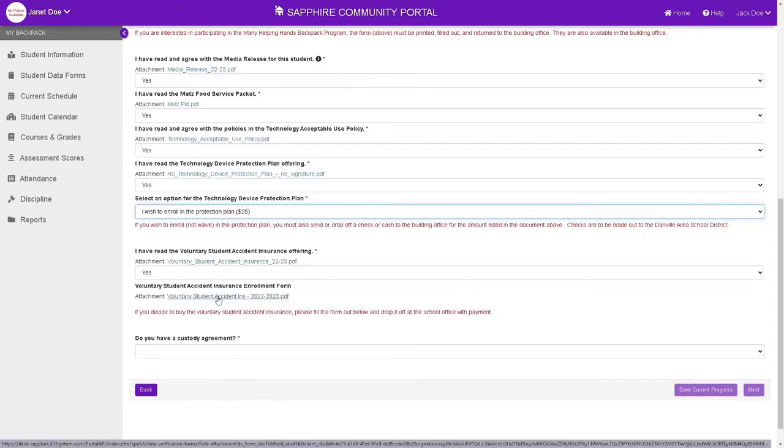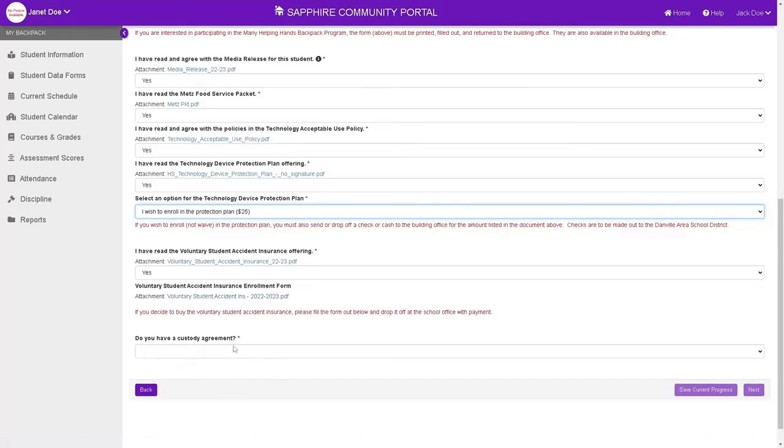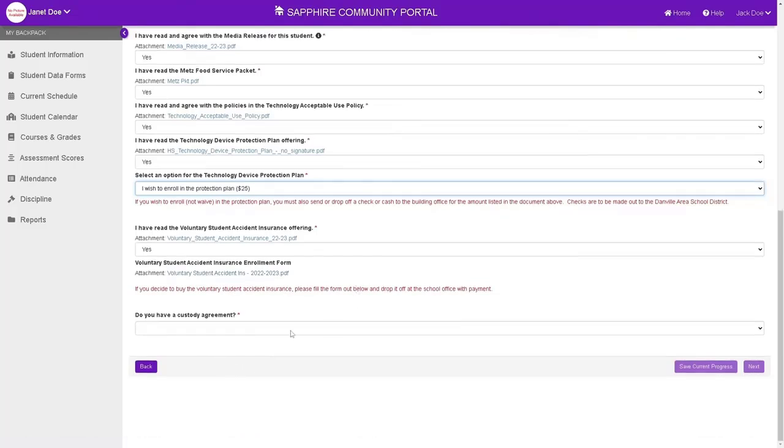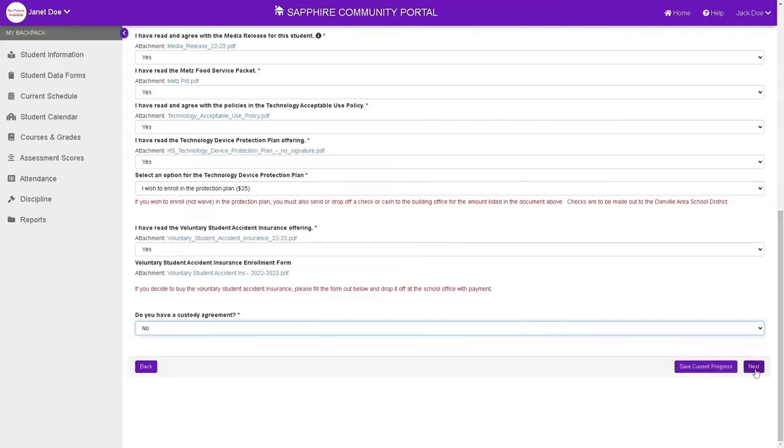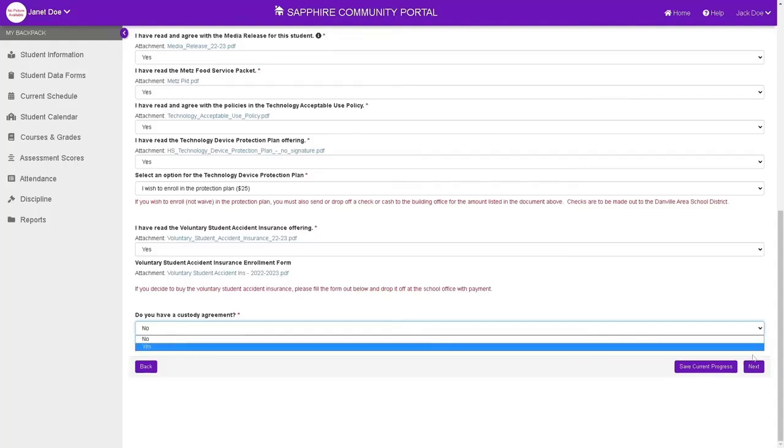That one you would have to fill out and take the money in and turn it into the school office. And then finally, for this section, there is the custody agreement. If you don't have a custody agreement, you just say no. And you can see now you can go to the next, because when something's not filled out, it will be